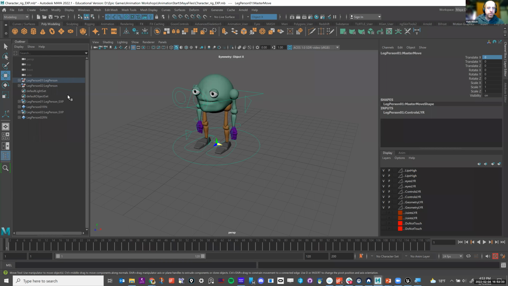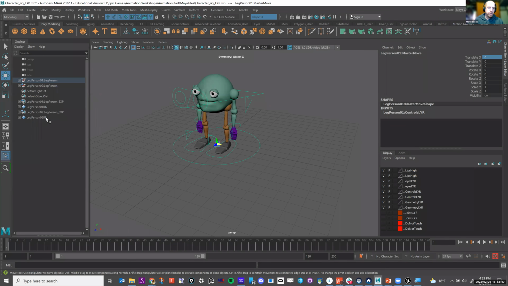So I'm going to export out. The way that I personally found, and you might find something different, to get the rig in there the best way for me is through the FBX export. But then I use the animation exporter or the game exporter to export out the animation. I'll show you what I'm talking about here.